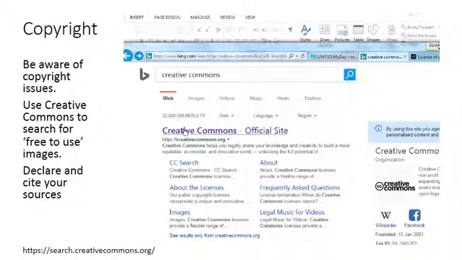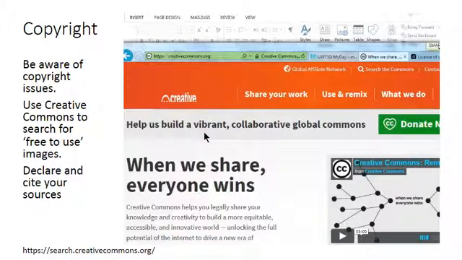We've just used Bing to find creativecommons.org. I'm going to left click to open that page, and you'll notice we have a Search the Commons. Now you can read all about what the Creative Commons are down here, and I suggest that you do that, but just quickly I'm going to left click Search the Commons,